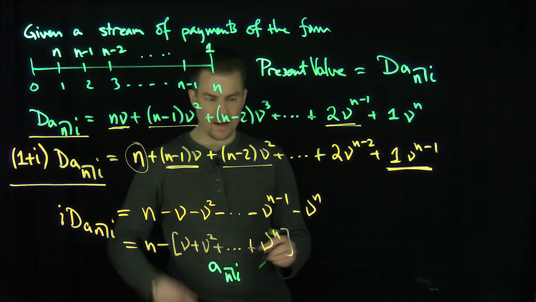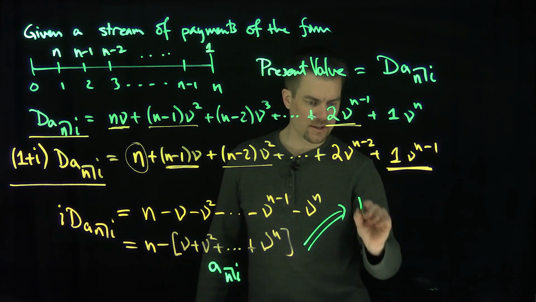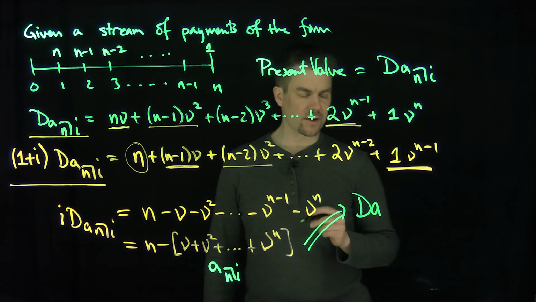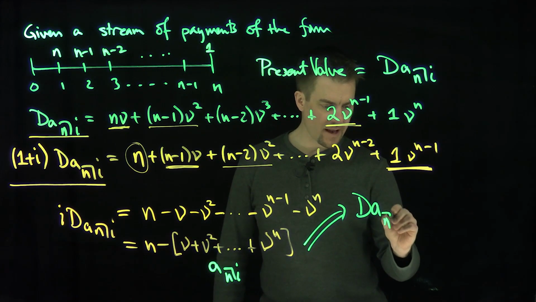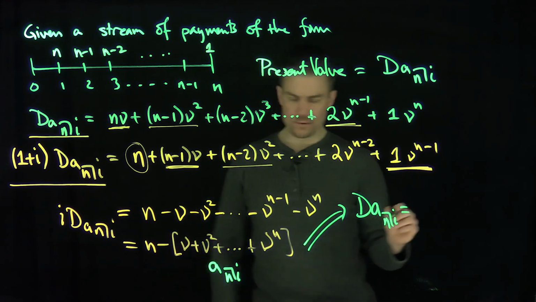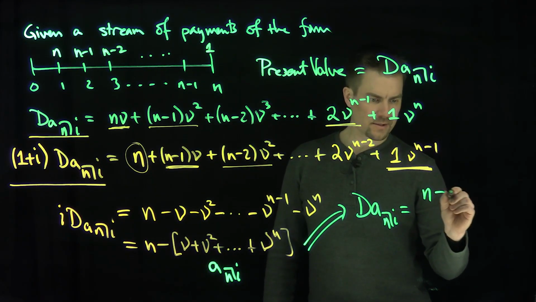So now, by dividing by i, we have our formula. Our formula, therefore, is that the present value of a decreasing annuity with linearly decreasing payments, (Da)_n, is equal to n minus a_n